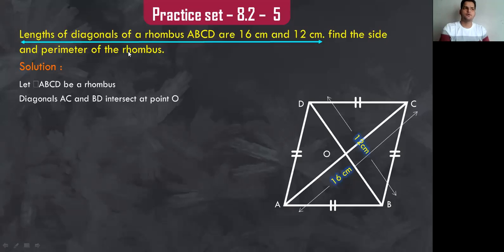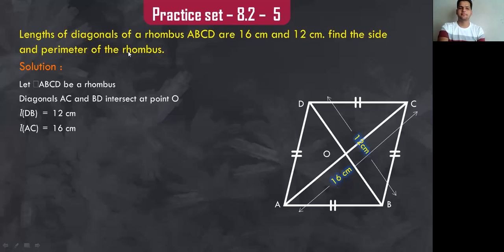Do we have some property with respect to diagonals of a rhombus? Yes, we have it. What was the property? That the diagonals bisect each other. And as per the figure we have drawn, diagonals AC and BD are intersecting at a particular point. Let us name that point as point O. So we can write the statement that diagonal AC and diagonal BD intersect at the point O. So length of diagonal BD, or you can write DB also, both are one and the same, is 12 centimeters. Length of diagonal AC will be 16